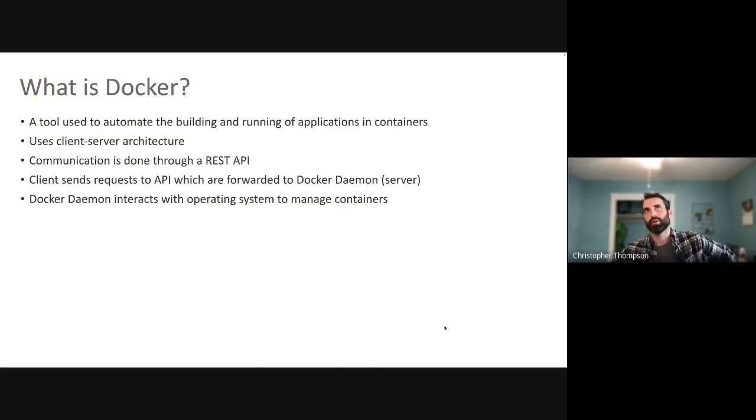Okay, so what is Docker? Docker is a container runtime. Okay, what is a container runtime? Well, it's a tool used to automate the building and running of applications in containers, right? So